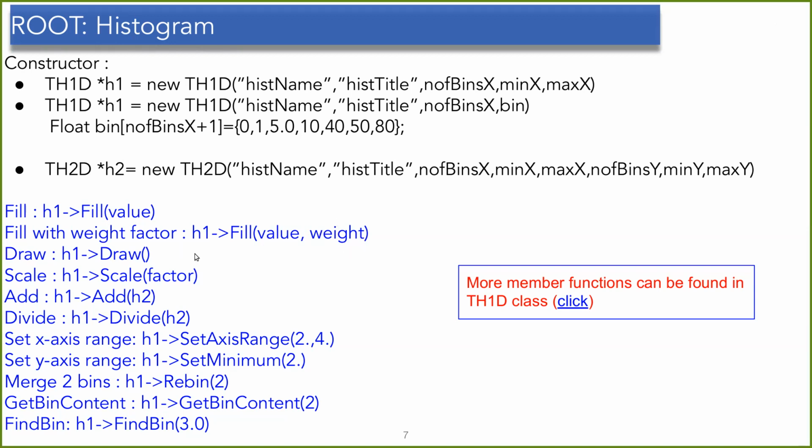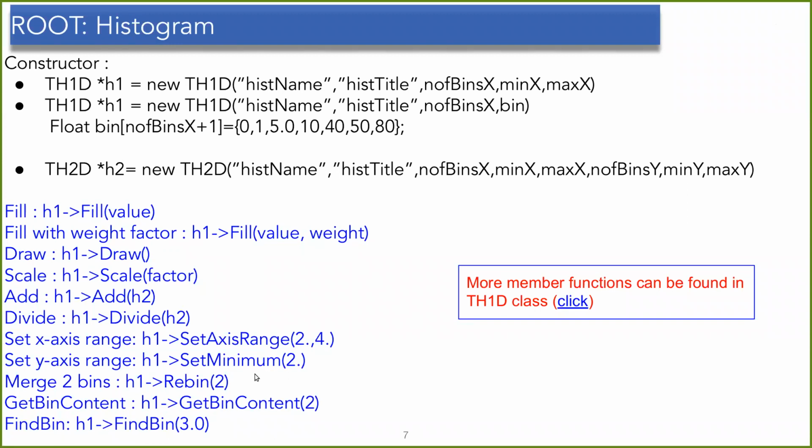You can draw the histogram, you can scale it, and you can also add two histograms. Like here are the two histograms H1 and H2, and you can add them by using this add command. You can also divide two histograms. You can set the range of the histogram axis, and set the minimum and maximum range of the histogram axis